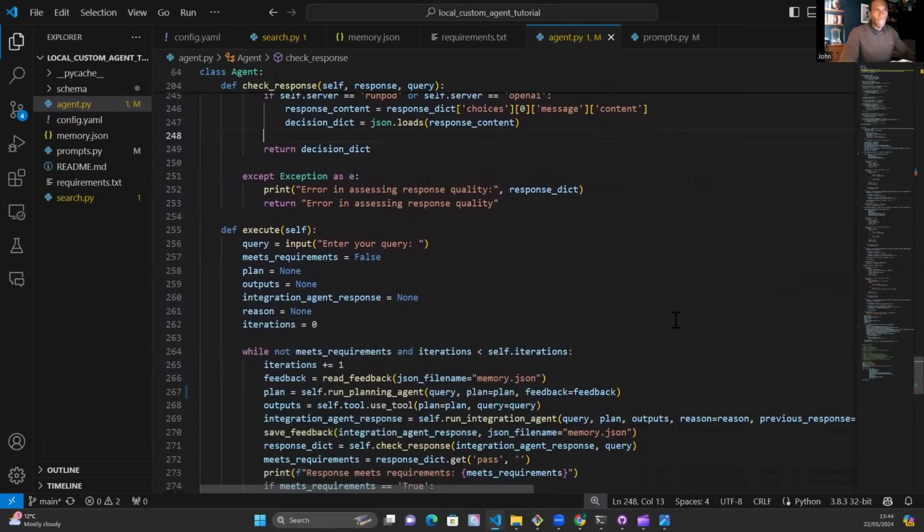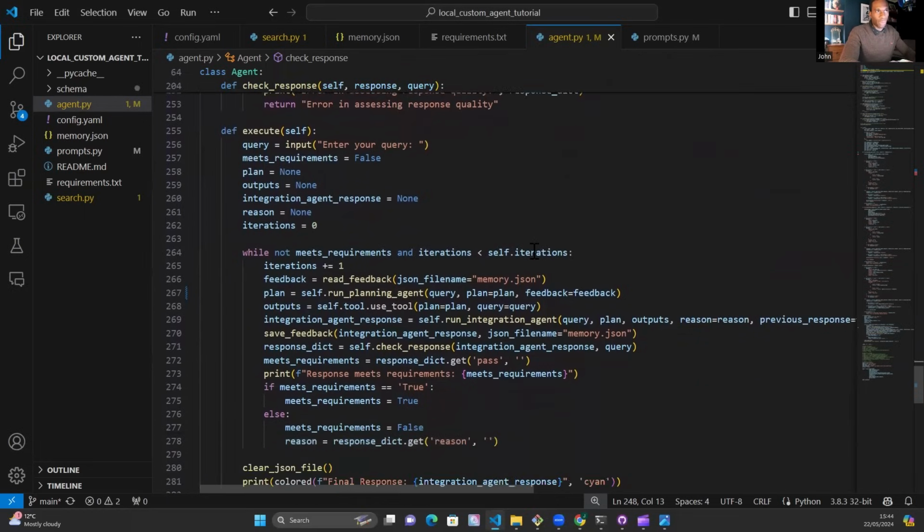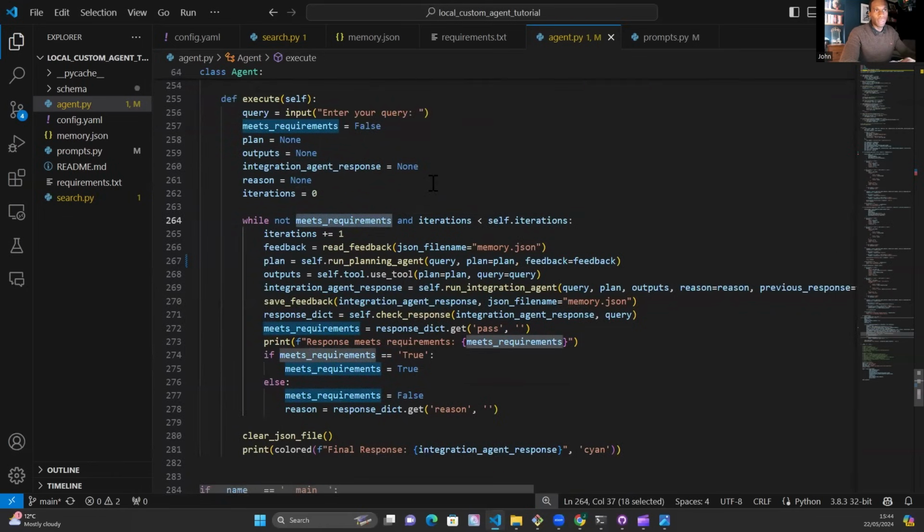Okay. And then lastly, we have this execute method. This execute method is how we actually put everything together. Within the execute method, we decide how these agents work together. So I've defined a deterministic agent workflow, and this is how we do it. While this criteria is not met, so meets requirements is the requirement of the agent that checks the response, while that is false, and also the number of iterations which we set is under the maximum number of iterations,